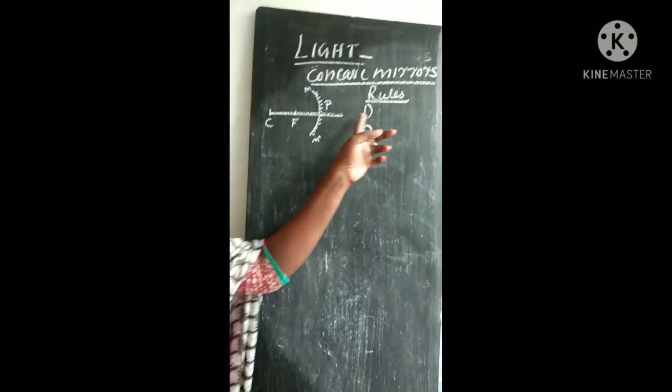What is the nature, where is the image formed, and what is the type of mirror used. For all this I use a special diagram called a ray diagram to study the image formation by different spherical mirrors, that is concave mirrors and convex mirrors. First of all, let me discuss in detail the image formation by concave mirrors. Okay, so there are 3 rules. Look at the board.